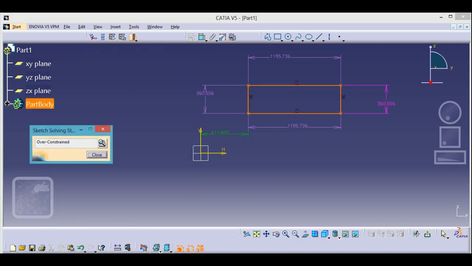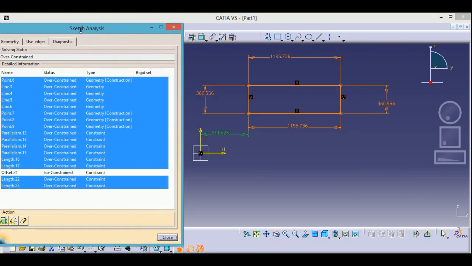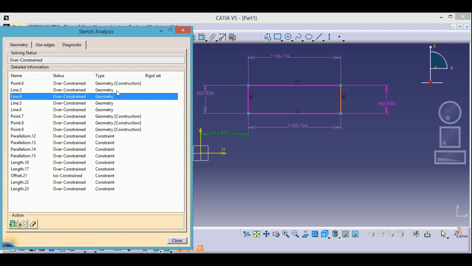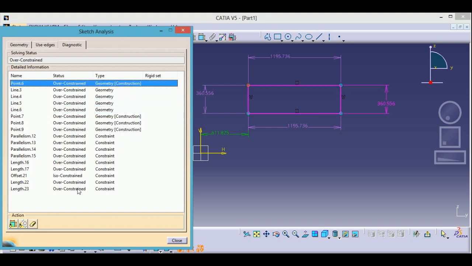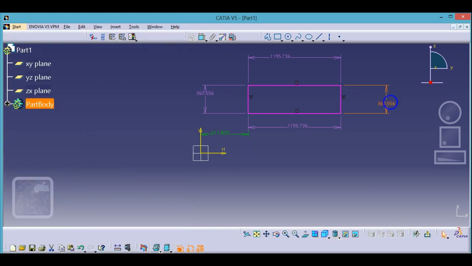So how is your sketch? It's over constraint. More than enough dimensions you have given to it, so you have to just make it proper. What you can do from here is just select one and delete. You can select anything from here, whichever is showing that one of them is ISO constraint. I will show you some of them.